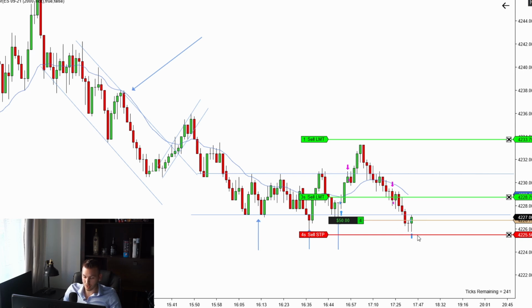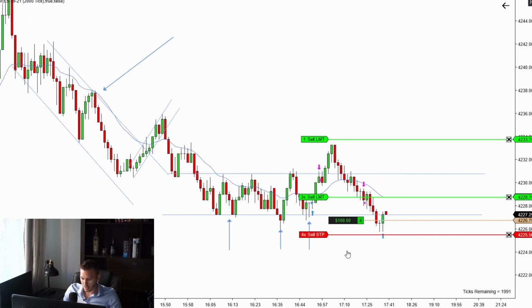This is a failed break lower. We're coming off very near to this support. This is a failed break below the support. And the bar is a doji, but the upper body is the doji, so the tail is on the downside. So the bar is bullish, and we're working up higher. We can pick up some steam here. We may get a nice rally. I'm expecting to get a rally like this, a strong move up off this failed breakout,